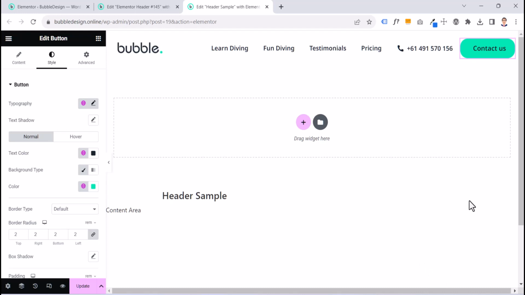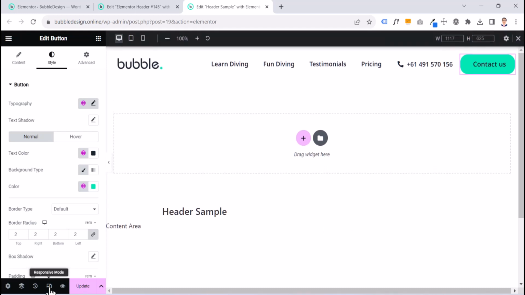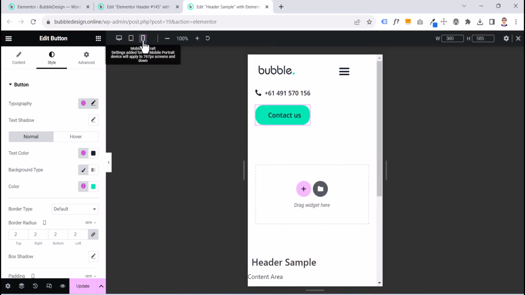Now our header is ready. Our header is ready, but we should check for responsiveness as well. How do we change the responsive mode in Elementor editor? Just come to the settings, responsive mode, click it, and it gives you 3 modes: desktop, tablet, and mobile. We need mobile now because mobile is always the most important one, right? Click the mobile phone,